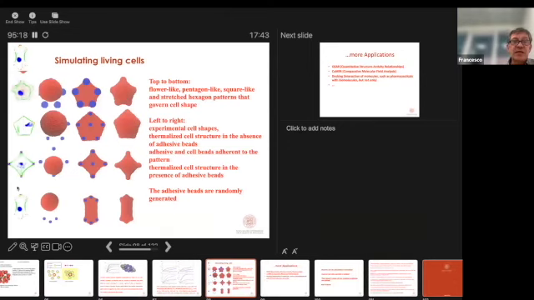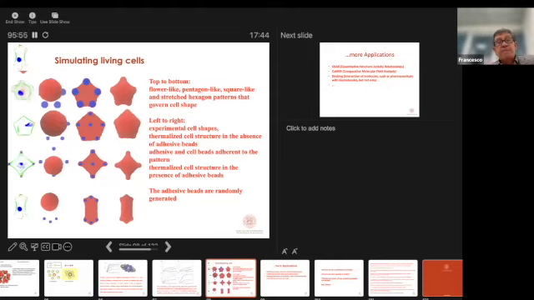Here you see what living cells do when they are put on different patterns. The pattern here is a hexagonal pattern. You see here is a pentagonal pattern. Here is a quadrilateral pattern, and so on and so forth. And we simulated the interaction of the living cells, where the beads were actually done according to the theory that I attempted to outline before, and we can reproduce the pattern and then understand what happens.